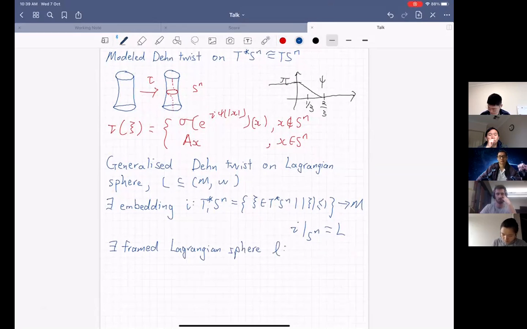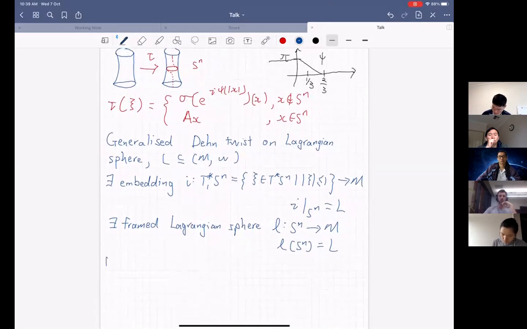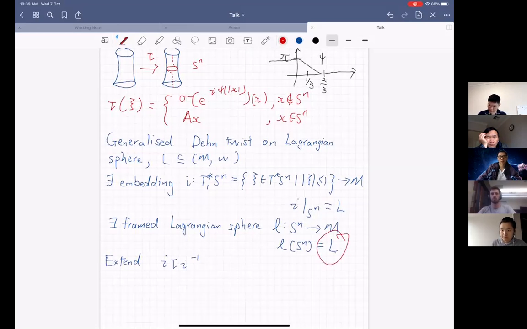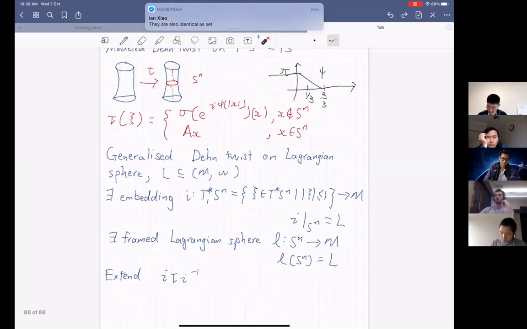So you should also have this embedding here. Okay, and then do the usual thing. You first take your Lagrangian sphere, go back to S^n, and then do the Dehn twist, and then put it